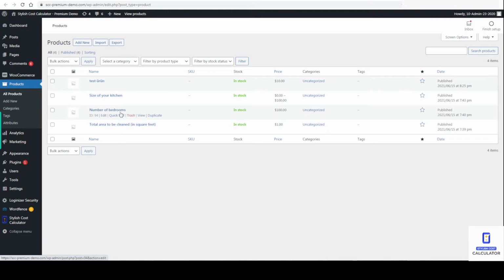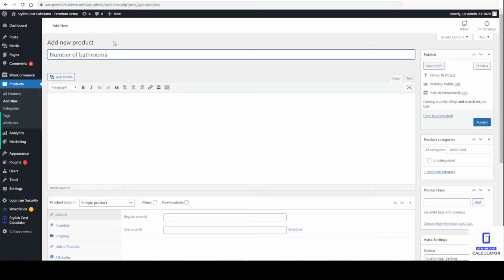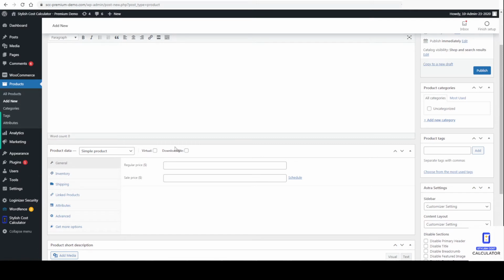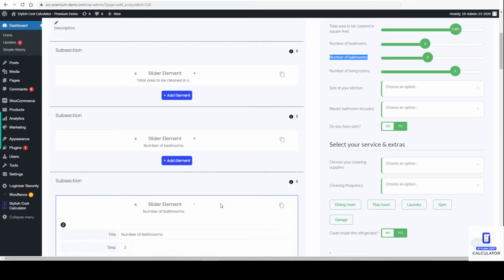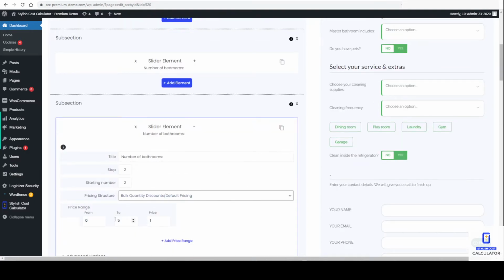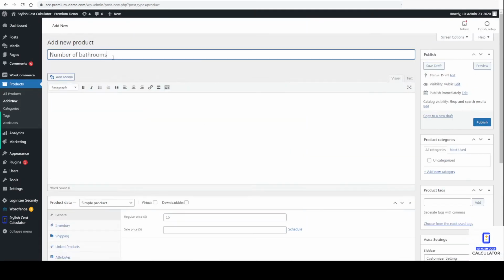We've got number of bedrooms, but we don't have number of bathrooms. So you click on add new product, put in the product name. Now, if it's a slider, you don't have to have any variables. You just have to put the price of the slider. So number of bathrooms is this one right here. We're going to open it up and we're charged between 0 and 5 bathrooms. We are charging $1 per bathroom, which doesn't make a lot of sense. So let's charge maybe something like $15 per bathroom. That'd make more sense. So what we'll do is type in $15 here for the number of bathrooms,